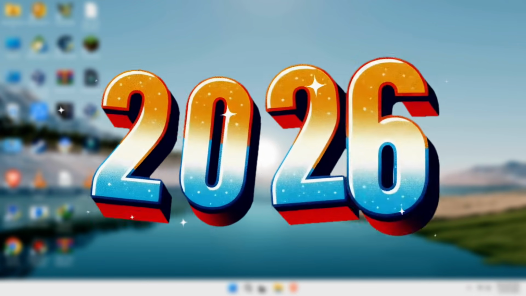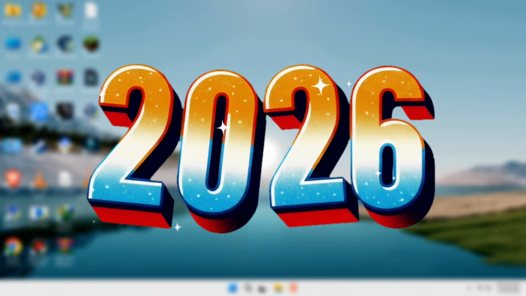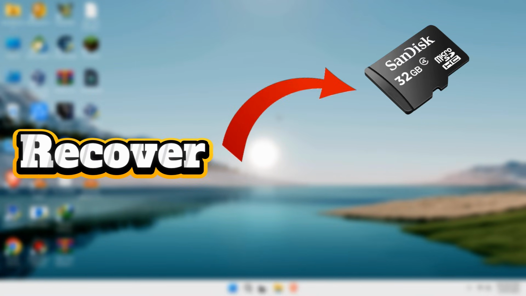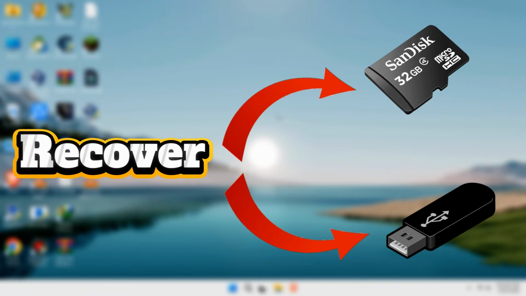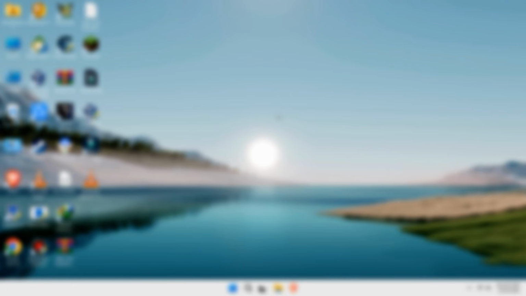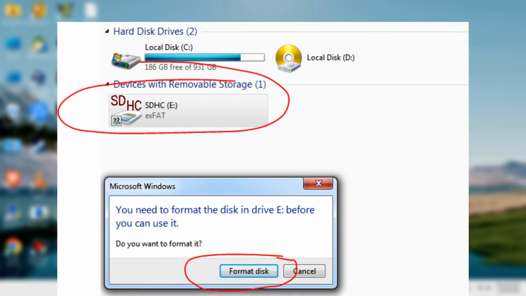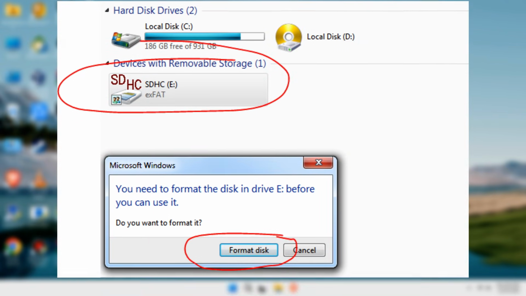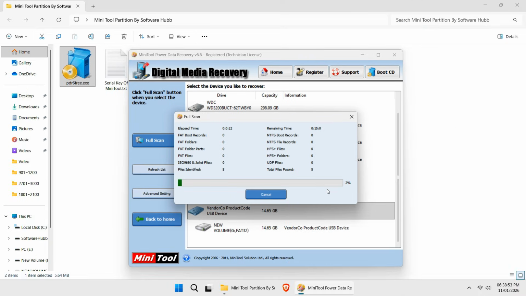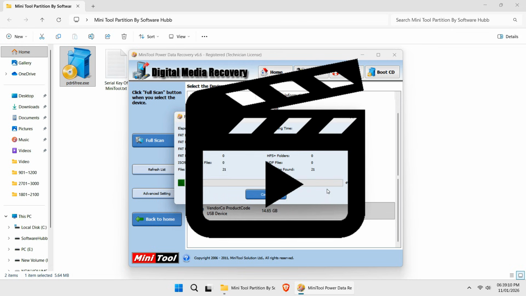In this 2026 step-by-step tutorial, I'll show you how to recover data from a corrupted SD card or USB drive using a 100% working method. Simple, safe and beginner friendly. If your file suddenly disappeared, the drive is not opening, or it's asking you to format, don't worry. In this video, I'll explain a reliable recovery method that helps you get back your important photos, videos and documents